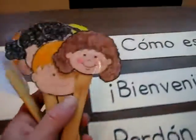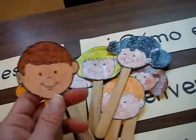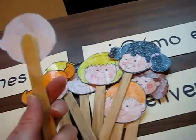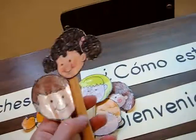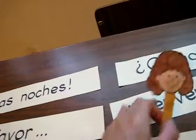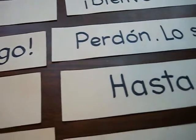I have here also some little hand puppets. They're little faces, which I've colored and plastified and put on little popsicle sticks, just taped very simply. And so each child takes one or two, and then I begin with my little puppet, and I'll say something that's on the table, one of our sentences. For example,